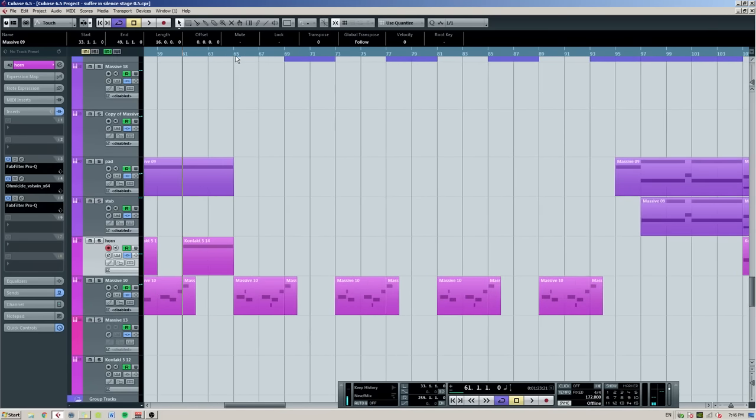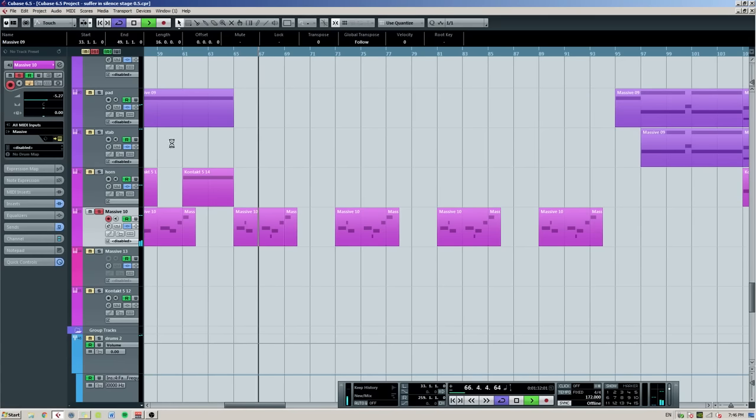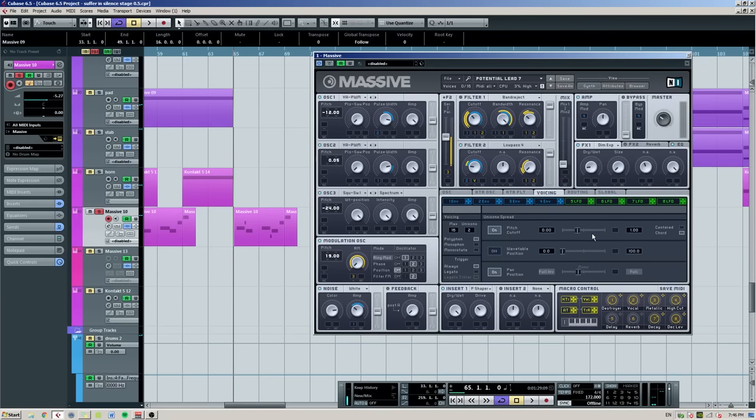Then we've got these stabs, which I guess you could call the main hook of the drop. This is actually a default patch from Massive, which I screwed around with and tweaked quite a bit. It's just another detuned saw wave type thing. It sounds a bit retro, I guess, a bit old school. Just detuned stuff,